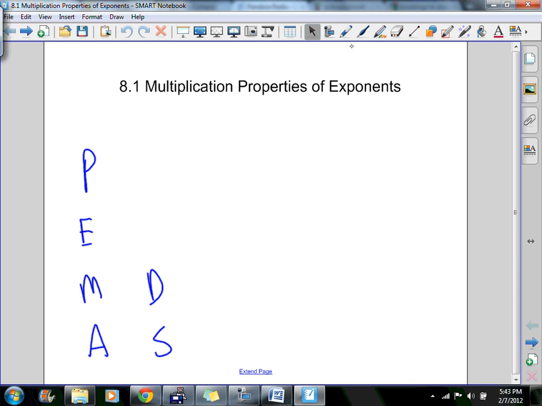So first thing we got to remember with all exponents is the order of operations. At the very top of the order of operations were parentheses, meaning that's what we did first before anything else. Next in the order of operations were exponents. After parentheses, we did exponents. Then we moved on to multiplication and division. And then from there we went to addition and subtraction. You might have seen it written as the op-hop, where we did the